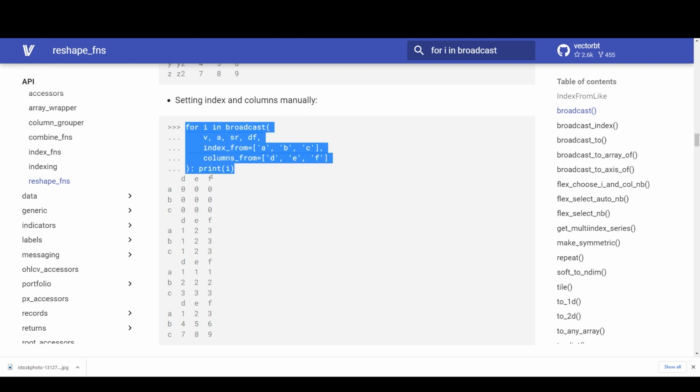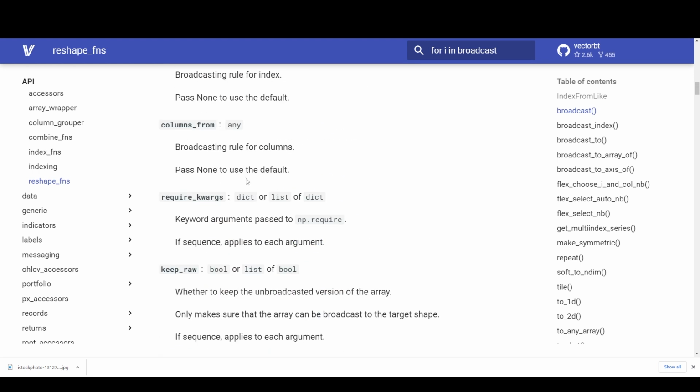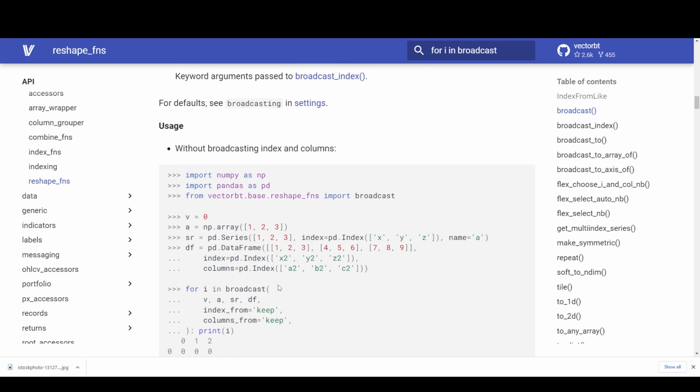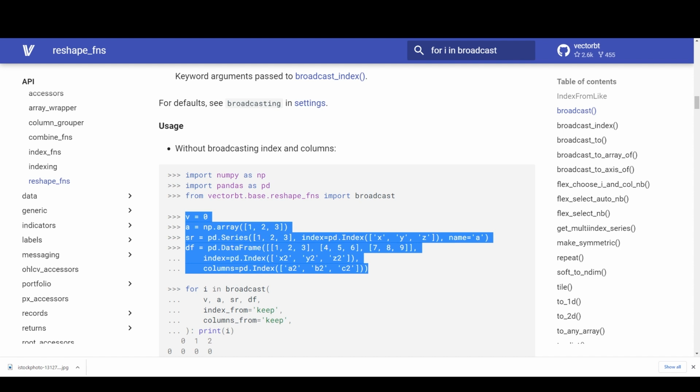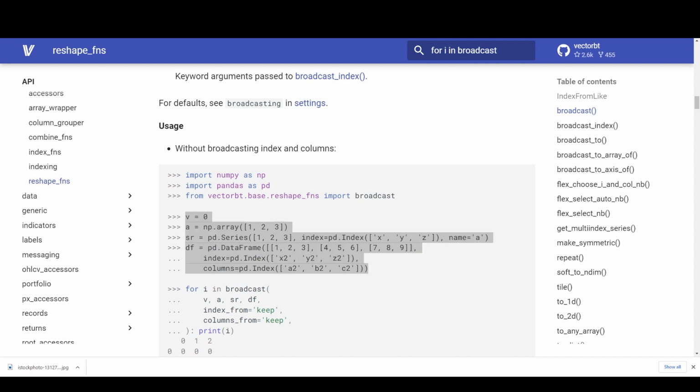Might as well just try this. Oh. One, two, three, 0, 0, A, SRDF.